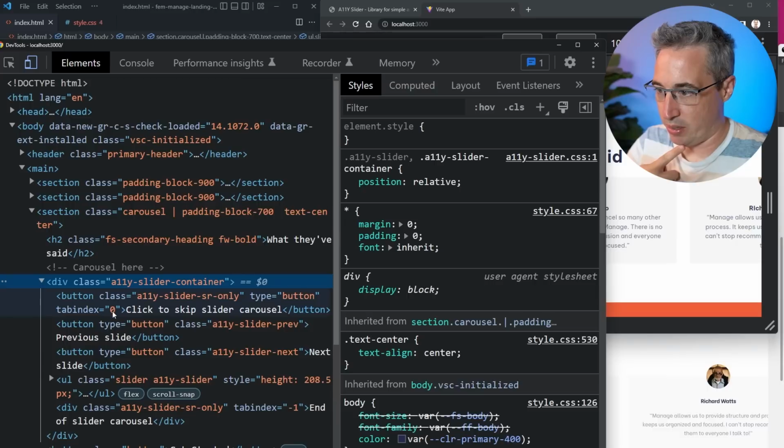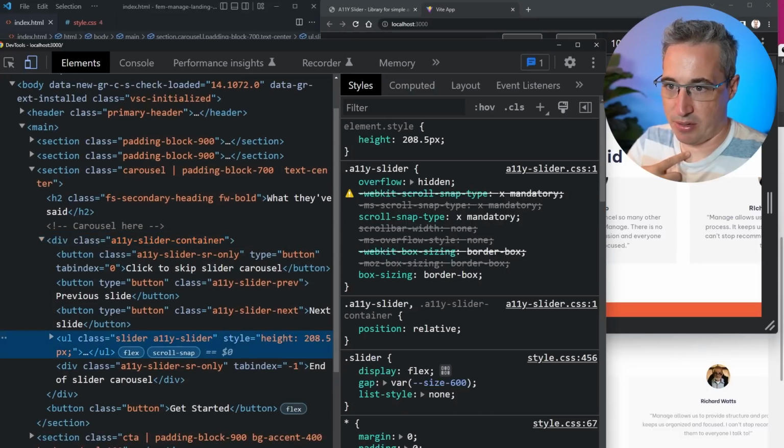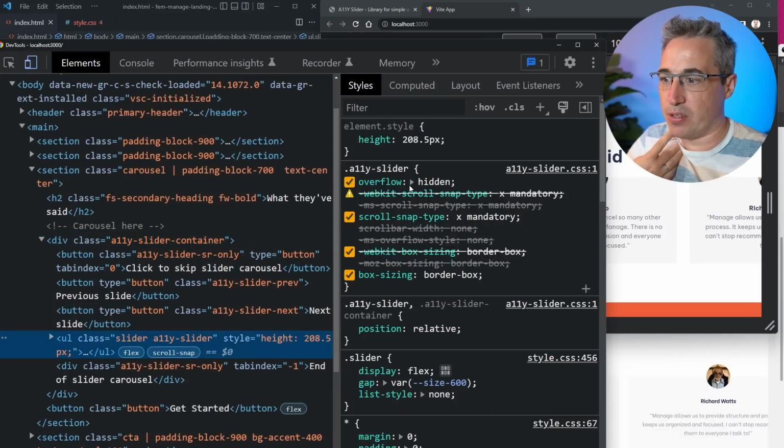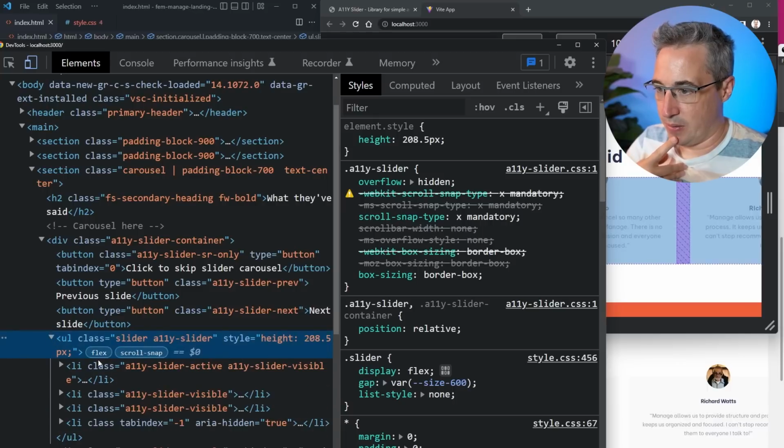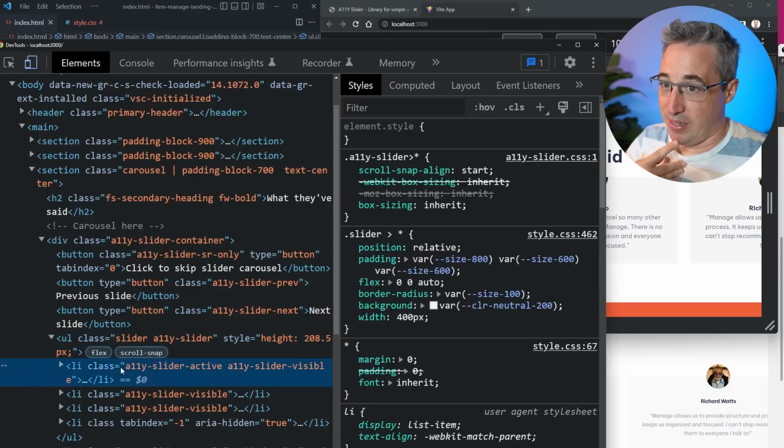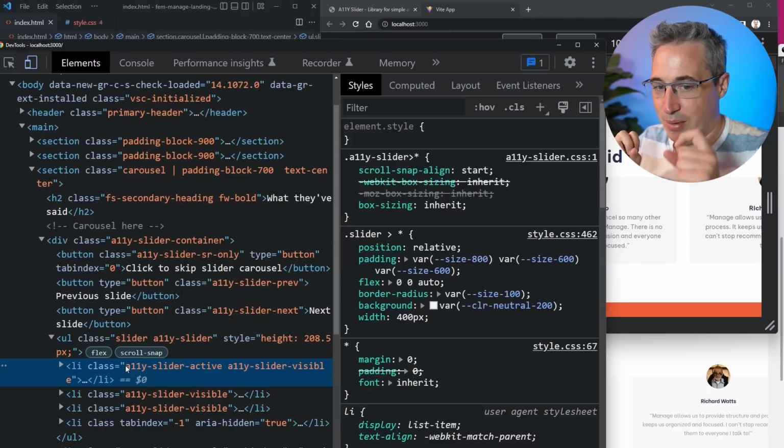Let's find out where the overflow hidden is, which I think is on the slider itself. Yeah. So that's getting the overflow hidden on it. Which means, this is just with the, I'm trying to think. Okay,